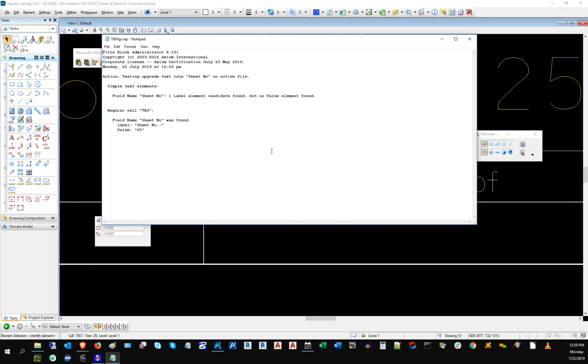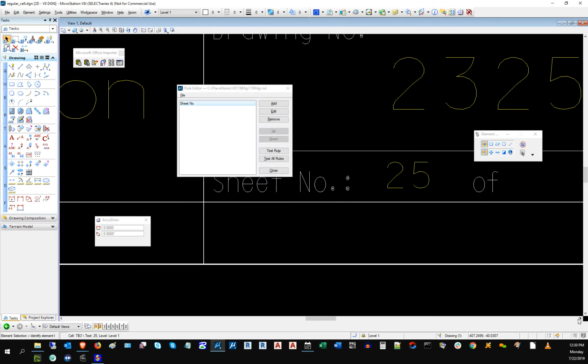So I click test rule. You see here for regular cell, title block 3 is what this is. Sheet number was the field name, and the data was found. It found the label, which is exactly that, and it found the value, which is exactly that. So based on this data, I know it's going to find not only the label, but also the value associated with it for any other design file that uses this same setup for the title block, the same title block cell. So I'll close this for now, and I'm going to do the same thing for the